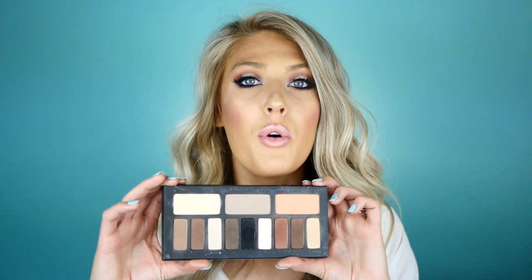Another eyeshadow palette I think everybody should have in their arsenal is the Kat Von D Shade and Light Eye Palette. I already showed you the face palette. I'm showing you the eye palette. This is a beautiful arrangement of mattes. I just love matte shades, and I think this is a great arrangement if you're looking for more on the neutral side. I don't feel like there's a lot of color going on here, but you do have a lot of really great basics in this palette. I would say some of Kat Von D's matte eyeshadow colors are some of the best formulated mattes in the industry,